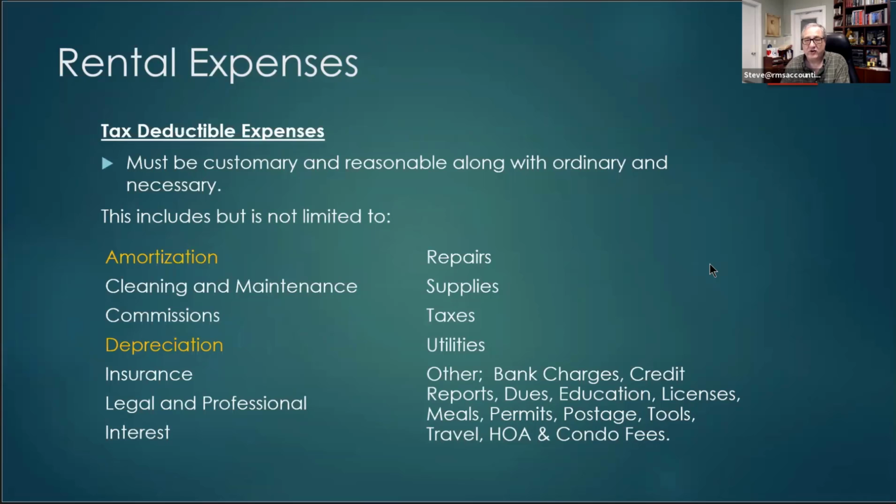As I said, we got a lot of calls on the income side. We occasionally get a call on what do I get to deduct. So the rule in the tax world is that to be deductible, expenses must be customary and reasonable along with ordinary and necessary. So if I buy all my tenants $3,000 of Dom Perignon champagne every year because they're great tenants, and I give that to them, that would not be considered customary and reasonable along with ordinary and necessary. I might be able to give them a bottle of sparkling Muscatel for $9.99, not a problem, but that's